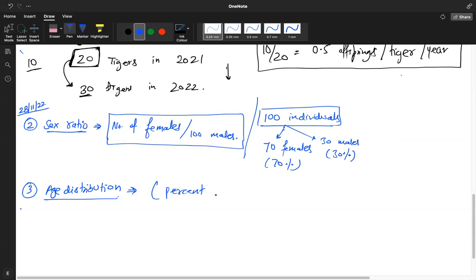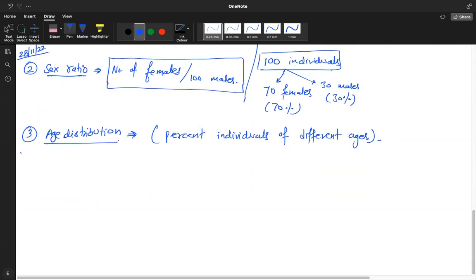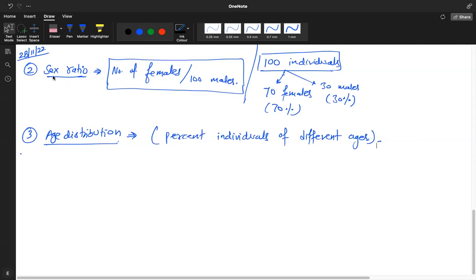So it's the percent of individuals of different ages. Is that clear? Now, on the basis of this, if the sex ratio is quite balanced, like 70-30, 60-40, or 50-50, these are fairly balanced ratios when it comes to the next generation. And with respect to age distribution, we make